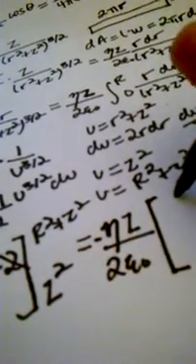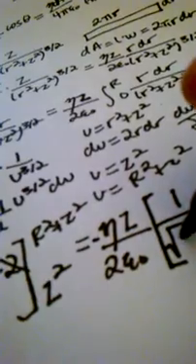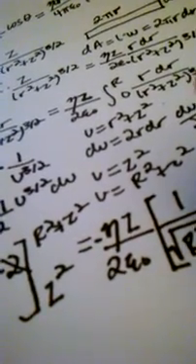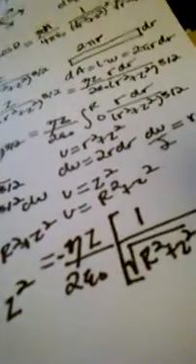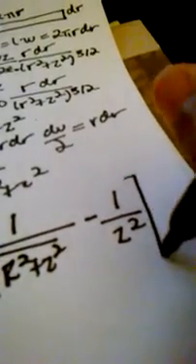So we end up with 1 over the square root of r squared plus z squared minus 1 over the square root of z squared. Which, all right, this is where I'm going to pull out some witchcraft. Which comes out to be